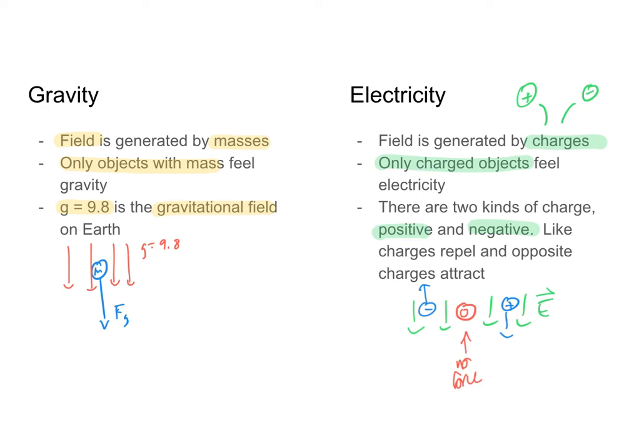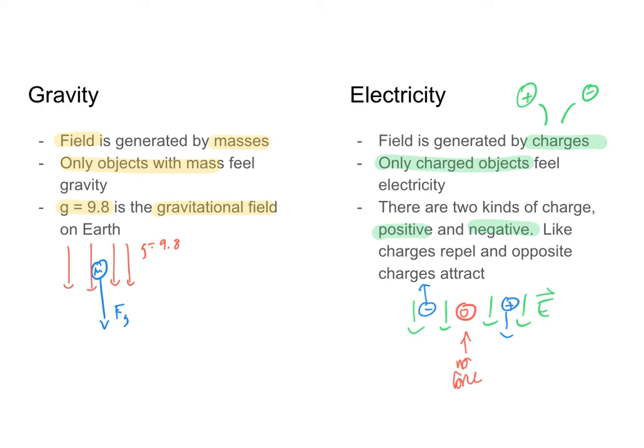Electricity, on the other hand, we know there are positive and negative charges. We know that there are protons and electrons. We know that there are up quarks and down quarks. And so because of that, the rules for electricity are a little different than the rules for gravity. So in gravity, one mass attracts another, right? So you and your mass are attracted to the Earth, which is why you would fall down if you were to jump on a trampoline. Similarly, the Earth and the Sun both have mass and they are attracted to one another, which is why the Earth rotates around the Sun.